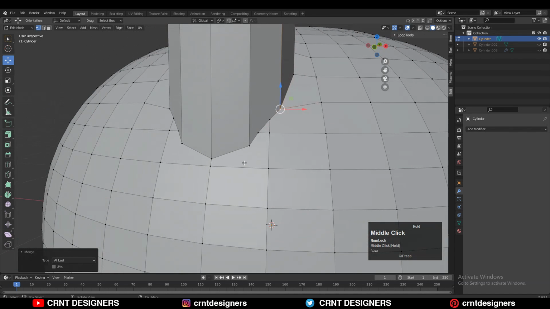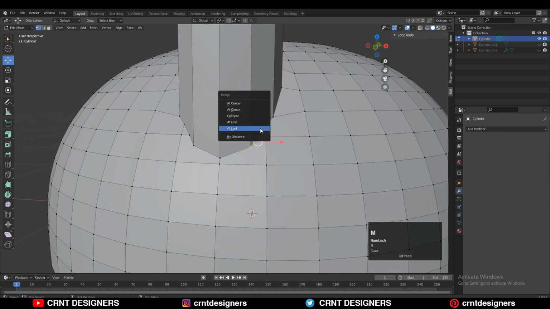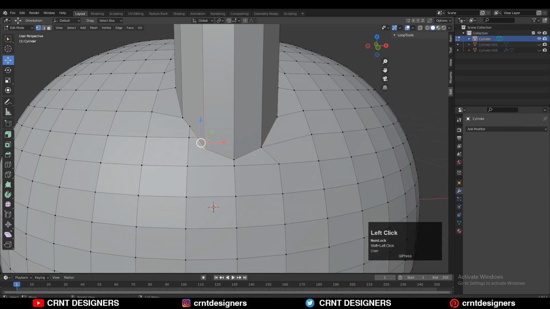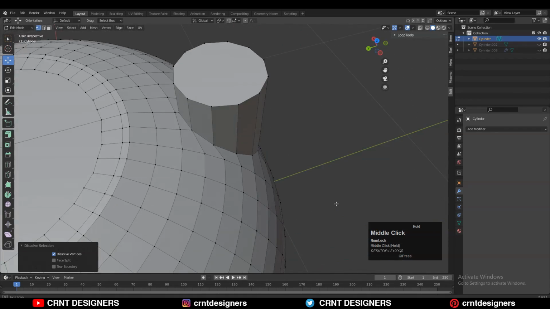Wherever it's possible, create a quad based topology. If it's difficult to create the quads, then you can keep the triangles but try to maintain good shading and good form on your model. And you can see here I'm trying to create the quad based topology. You can see in this way you can create a quad based topology and you can avoid those triangles. Okay, we have created this and that looks pretty good.